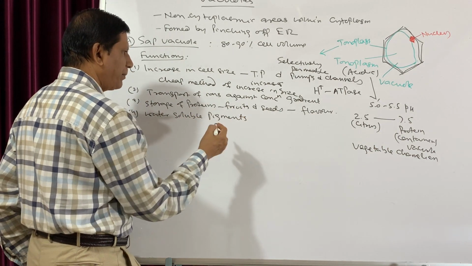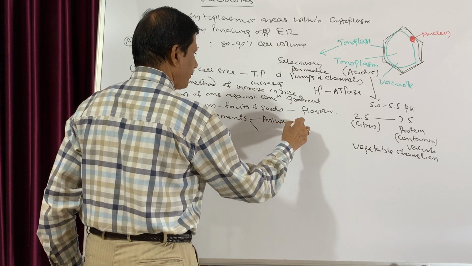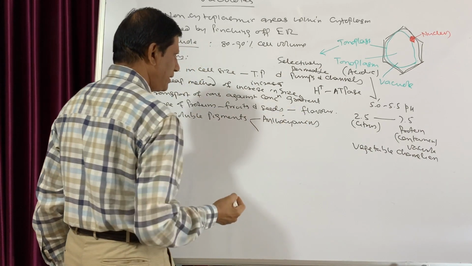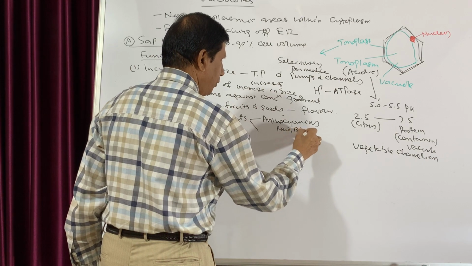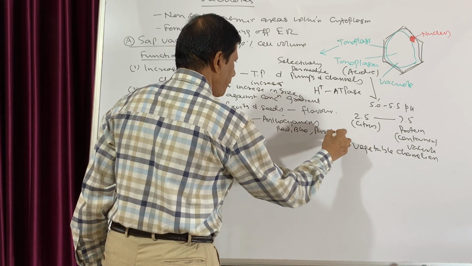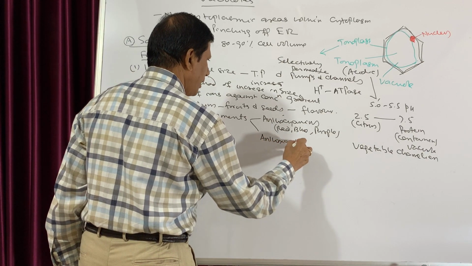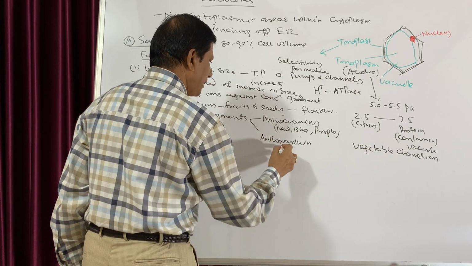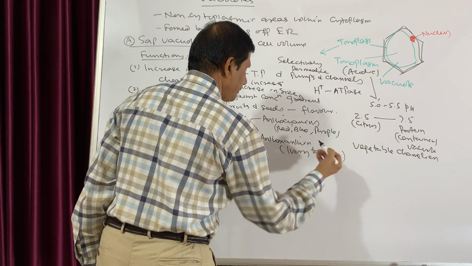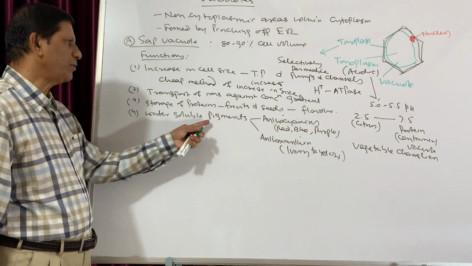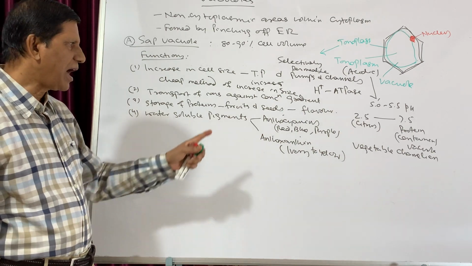And the water soluble pigments may be anthocyanins, and among anthocyanins it may be red, blue or purple colors, while the other pigment, anthocyanthin, varies from ivory to yellow color. So these are the water soluble pigments, present in the plant cells, and these colors